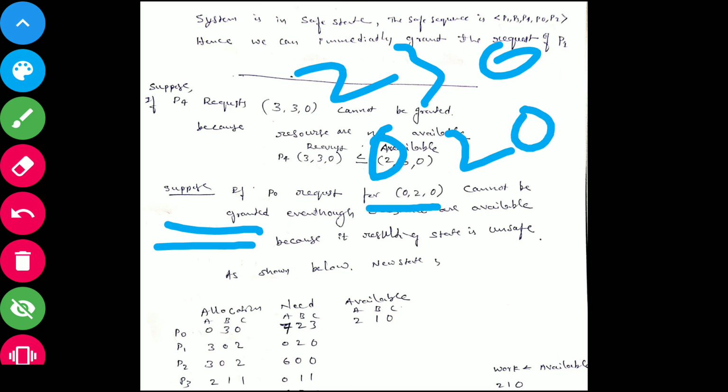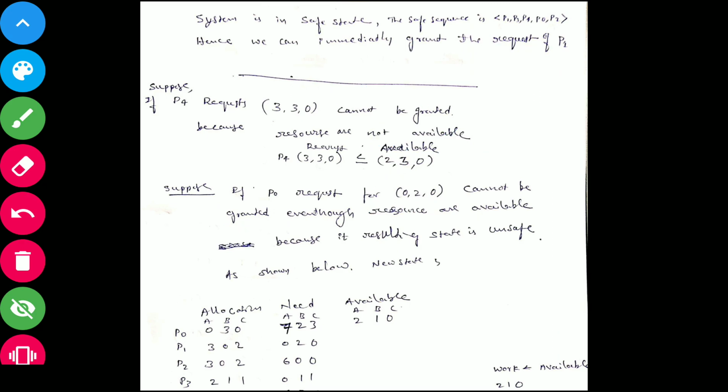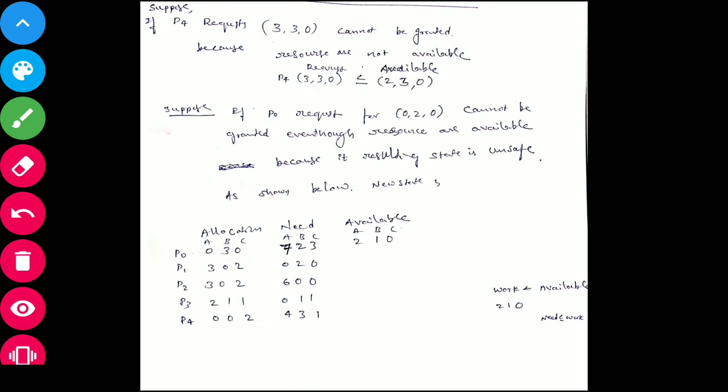Yes, it is less than that one, but still we can't allocate this one, because it leads to an unsafe state. If you want to verify that one, then you check with this snapshot.